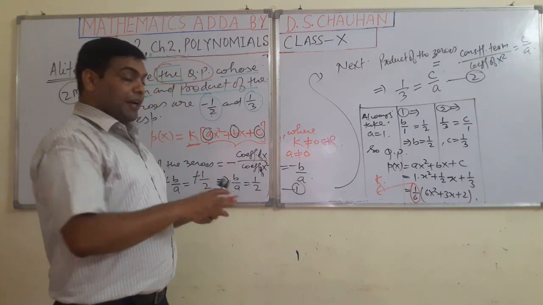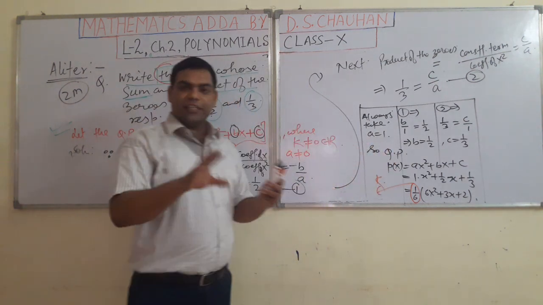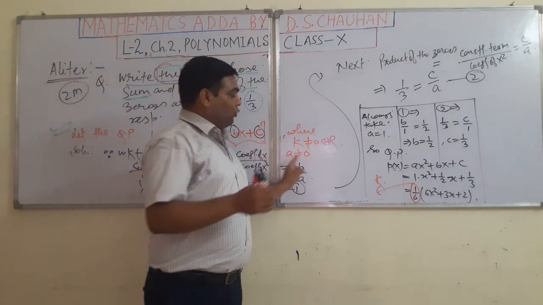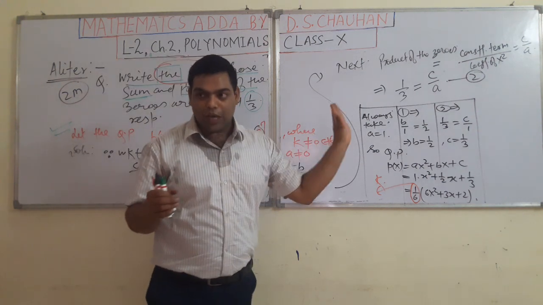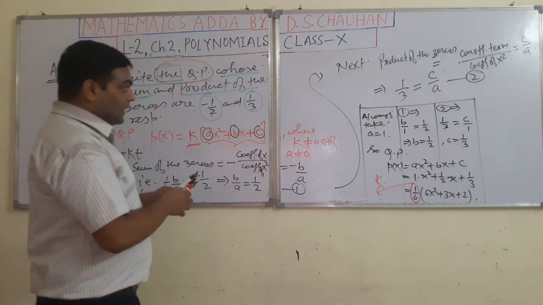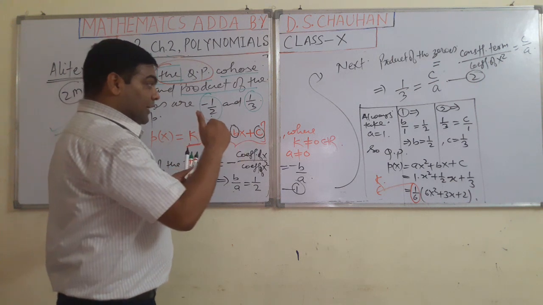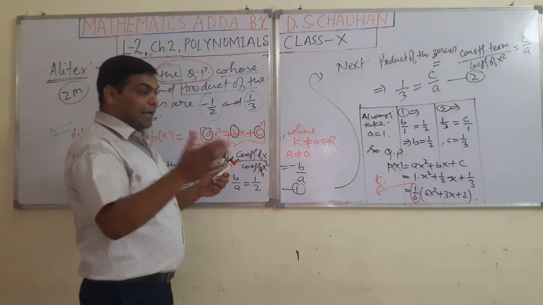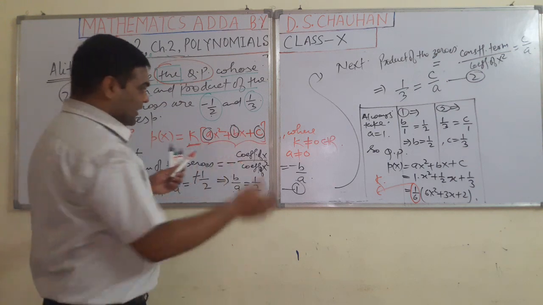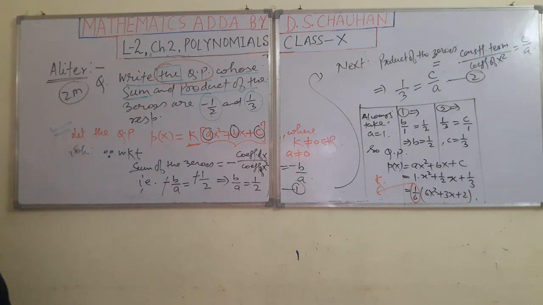But students, is it necessary that you have to take a equal to 1? No, it is not necessary. Other than 0, you can take any real value of a. So suppose another student takes a value other than 1 for a, then what will be the impact on b and c, and what will be the final answer? This is the big question I am telling you, and try to understand.